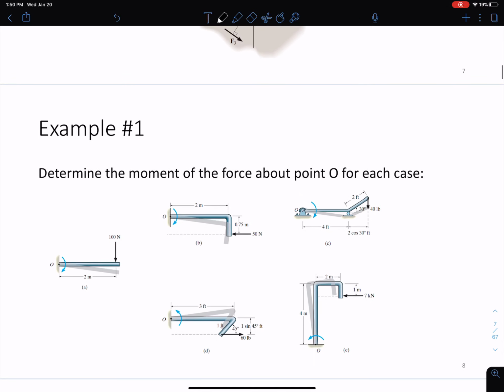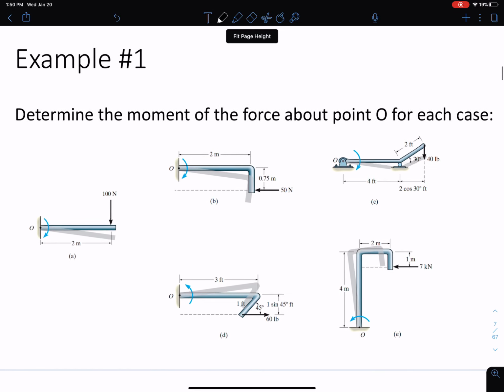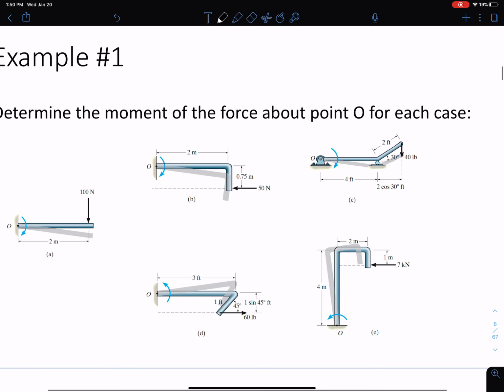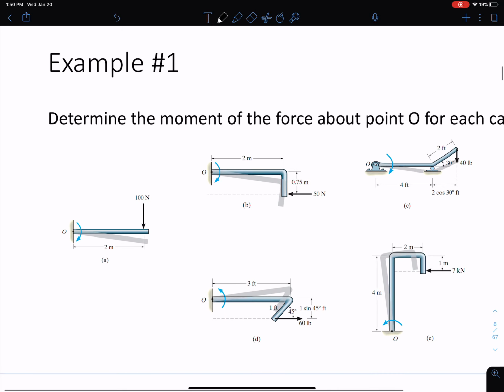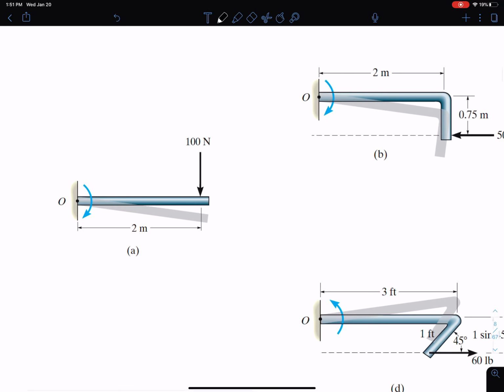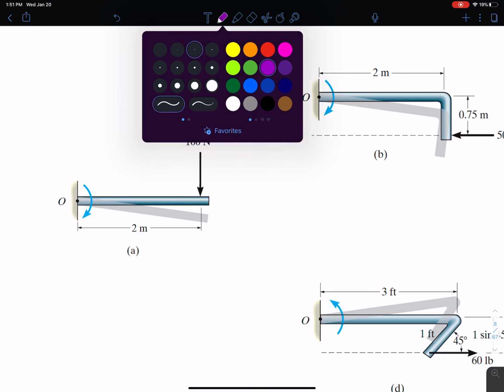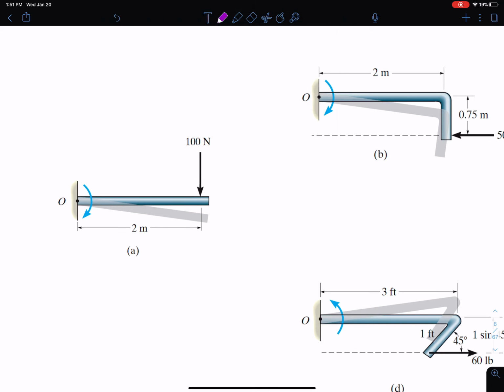Okay, so let's go through a couple of these simple examples here. We want to determine the moment of the force about point O for each case. So let's start with case A here. Pick a different color. So I'm going to say that M_O, the moment about point O, due to the force,